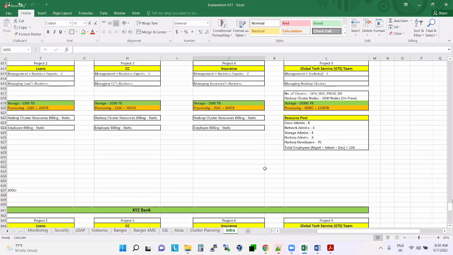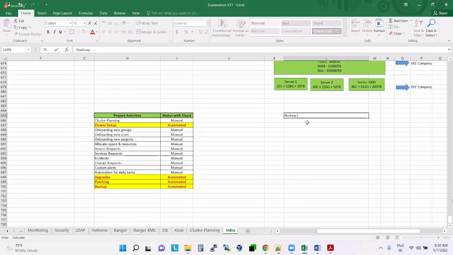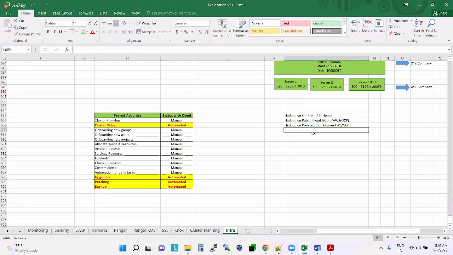We understood cloud: Hadoop on premises or in-house; Hadoop on public cloud, that may be Azure, AWS, GCP, Google; Hadoop on private cloud, this is what we have seen; Hadoop on hybrid cloud.